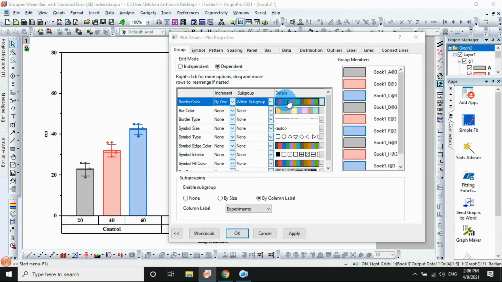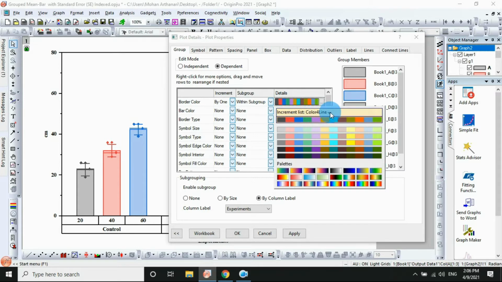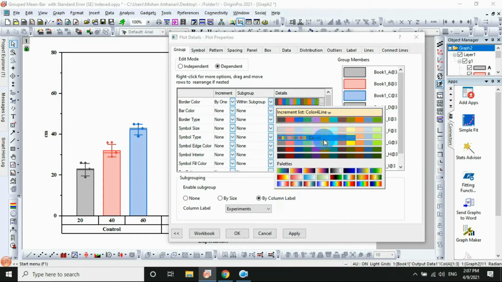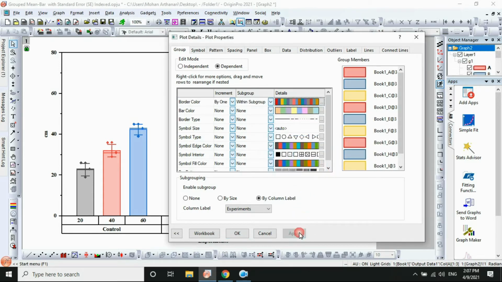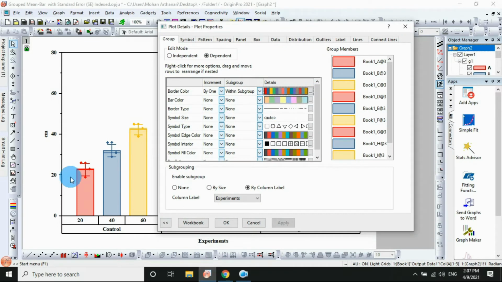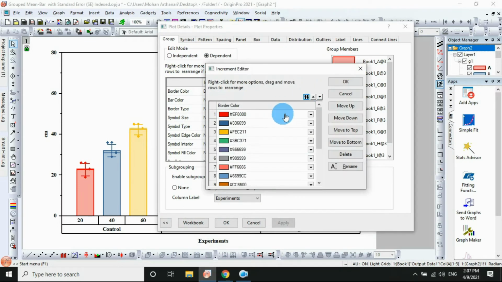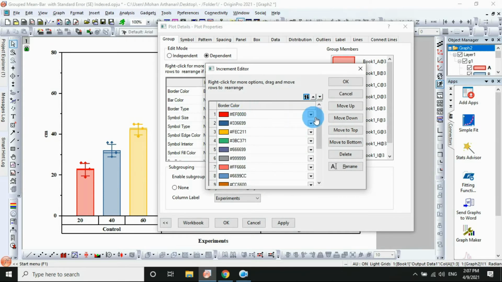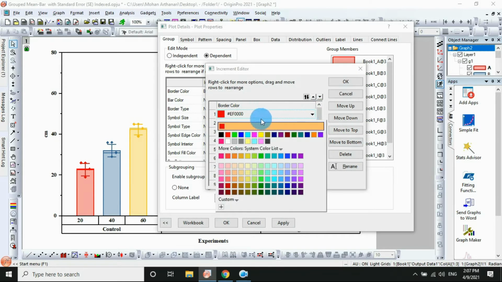Then click the color bar, the four color line, and click the menu. Many colors are available, and you can choose which color to select. I select the color candy, then apply. The color is changed. If you like any other color, change that, and click to separate the color. If you like a separate color, change the bar corner button, click the corner button, and change the color.